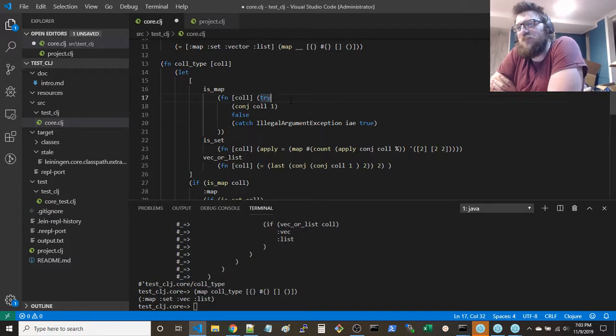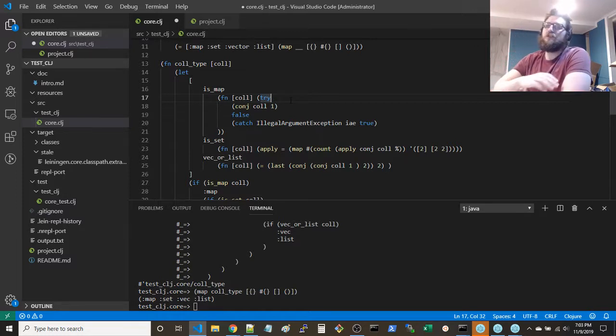Can't use... Apparently catch, but we can use try, though. Right? Try, I could just do try and finally. Actually, I don't know. What happens if you do this? Does it still work?